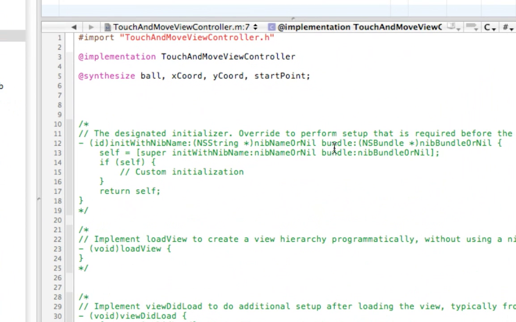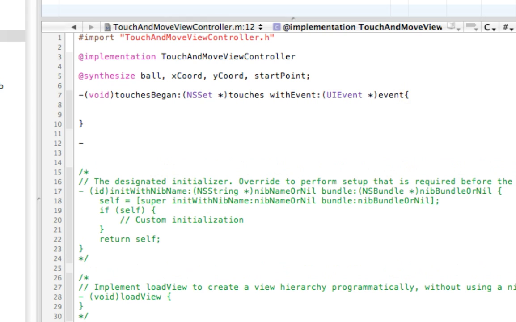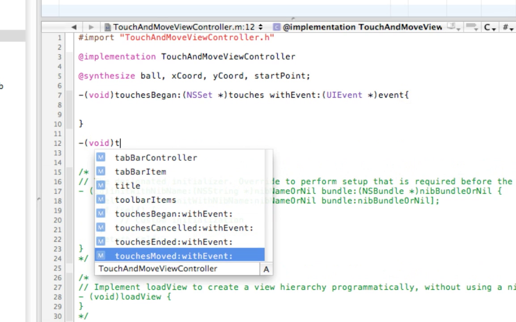Alright. Okay, now back in the .m file, let's write three functions. These are functions that every UIView listens for. The first one is called touchesBegan. This function gets fired when someone first touches the UIView. The second one is, if you click escape, you get a list of the different possible methods. We want touchesMoved,